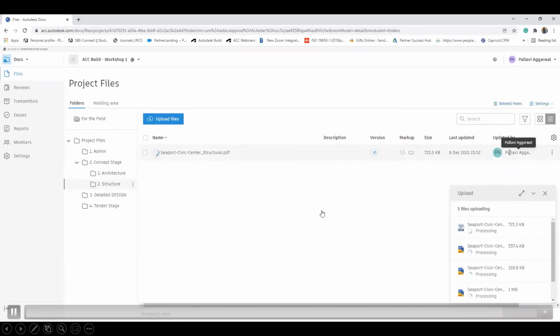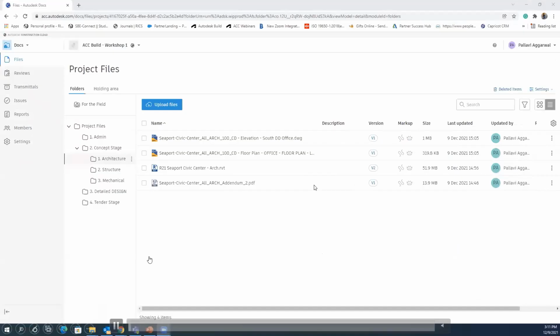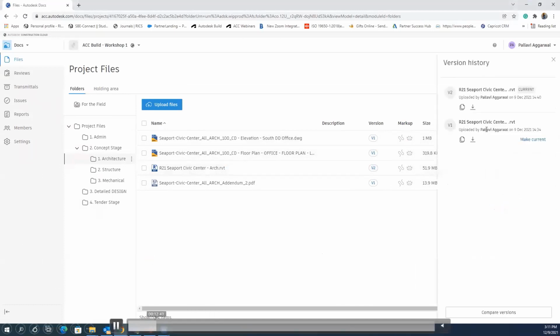So these are also telling you when the file was updated, whether it is the recent file that you have uploaded in the folders or not. When you are in the file, you will need to see how you are working with the files, or what the version of the file is. Version is again a revision. So we will see how we are working with revisions.